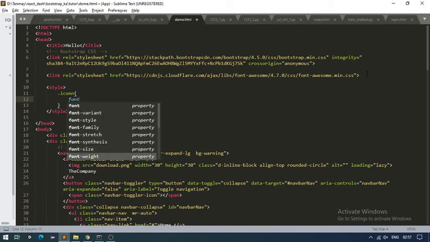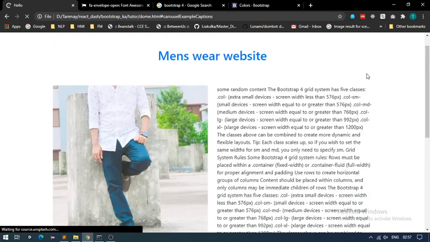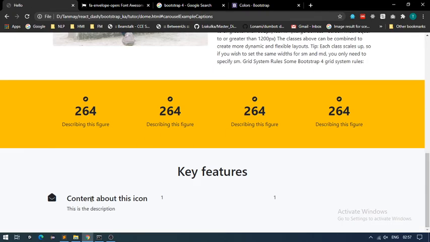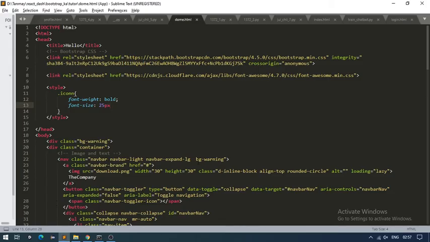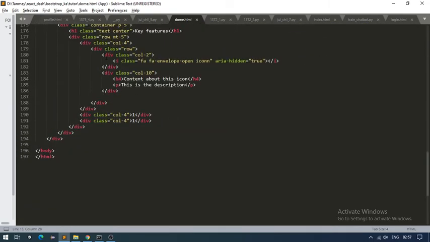The font weight would be bold and the font size will be, let's say, 25 pixels. So we got this icon right, and let's just, okay, so